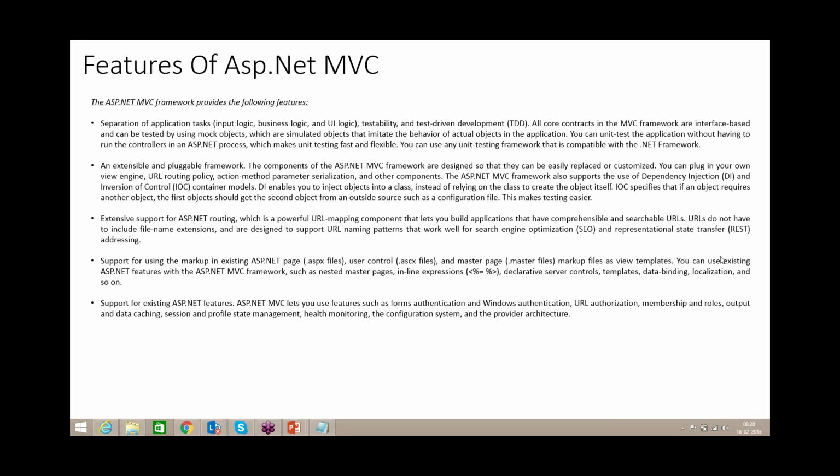All the authentication types we saw in ASP.NET, you can use in MVC applications also. Here are session and data caching, profile state management, health monitoring, the configuration system, and provider architecture. So many things are introduced. Caching is very useful in MVC. If you are calling a particular method,